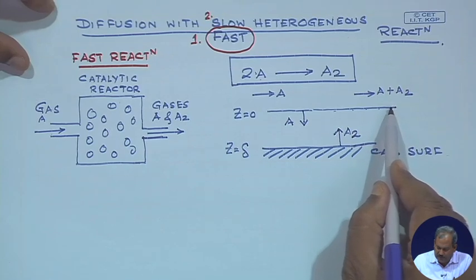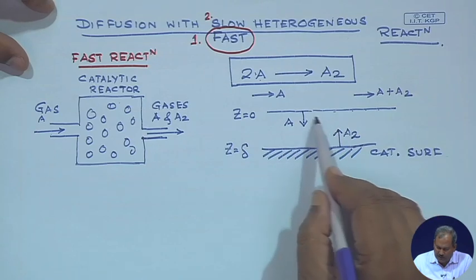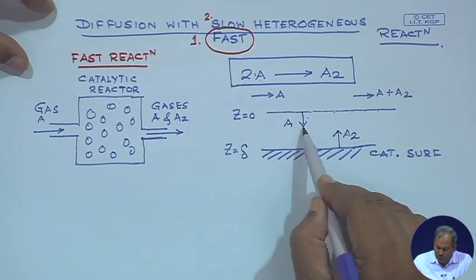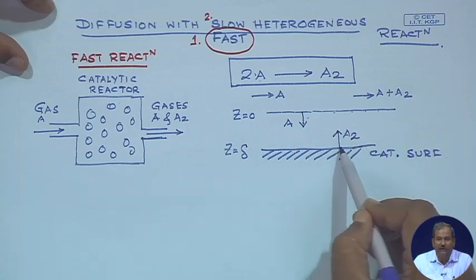In other words, the conceptual modeling tells us that each particle is surrounded by a stagnant gas film through which A diffuses to reach the catalyst surface. It gets converted into the product A2 and then A2 starts its journey back towards the bulk flow,